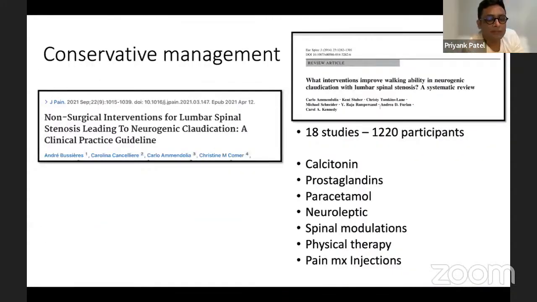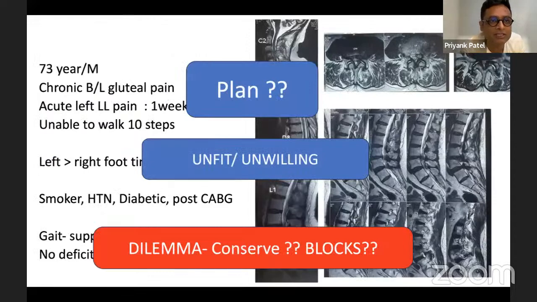No, actually, Harshal, this type of scenario comes and presents to us more often than not. Yeah. So, Sheetal sir, I'm sure you have in your career seen so many such patients. What would you do? The patient is unfit for surgery. This is the MRI. What would be your next step?